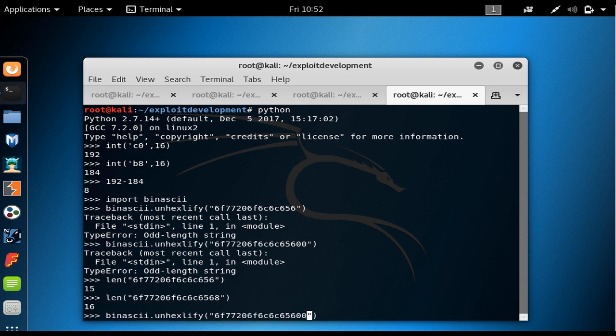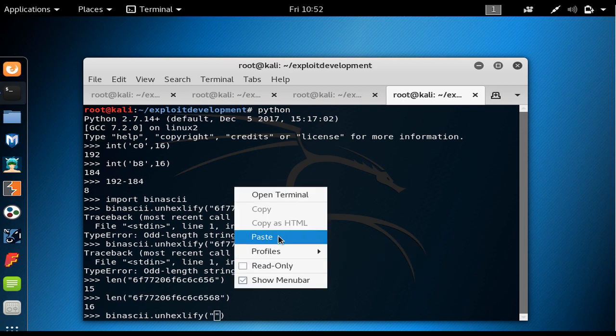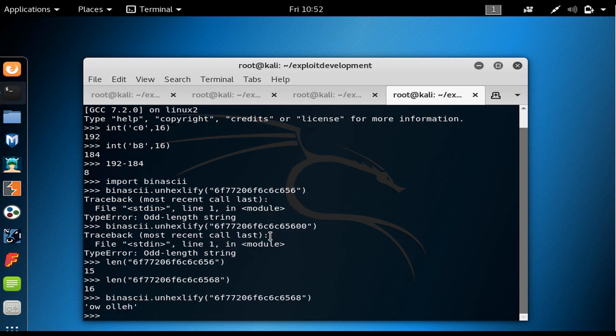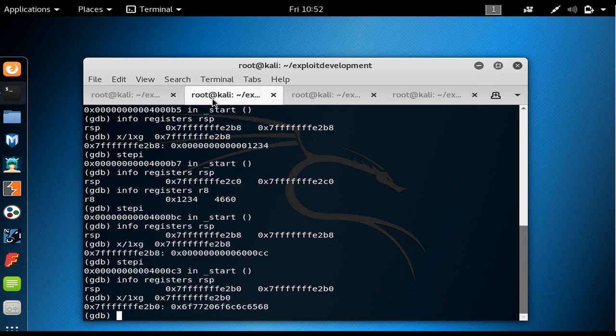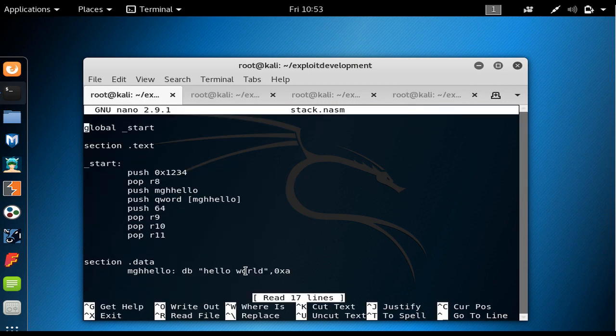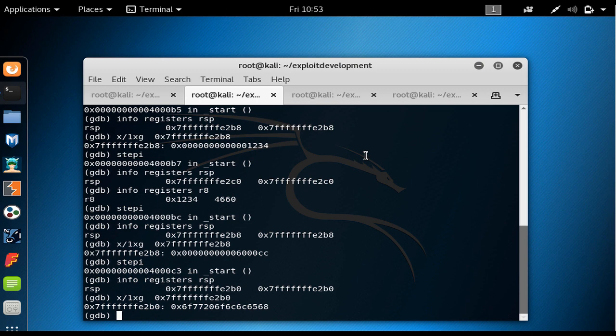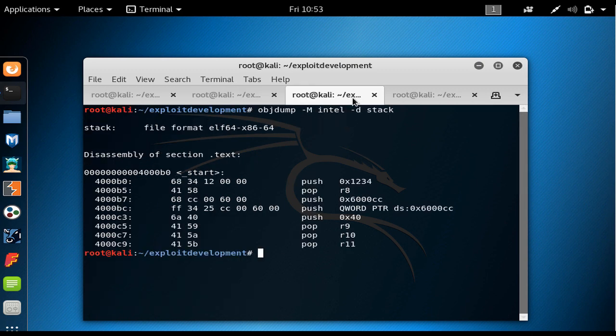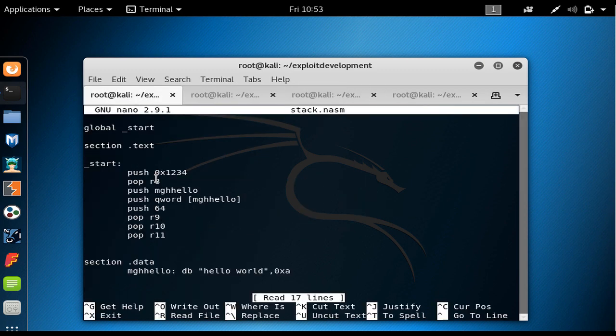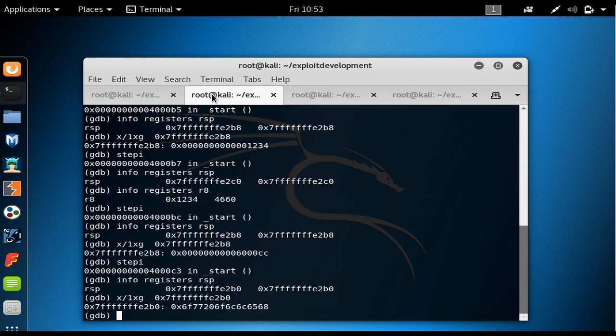So I go to binascii.hexlify, paste it in here, hit enter, and we have OW, OLLEH, which means hello, and WO, which is the same thing that we expected in here. We said 8 bytes, and we only get 8 bytes. So after that we get to push 0x40,